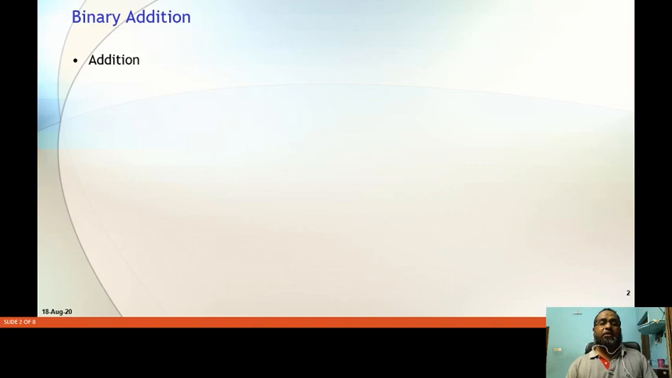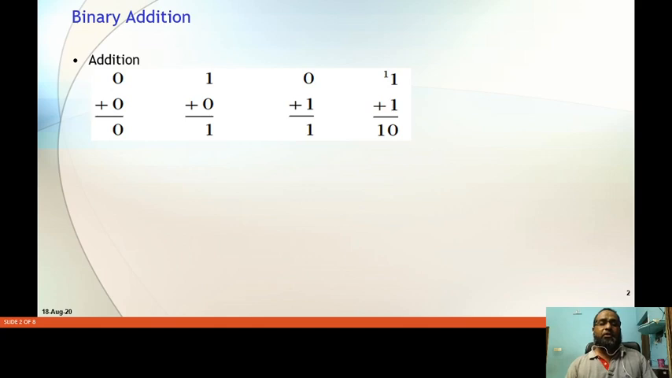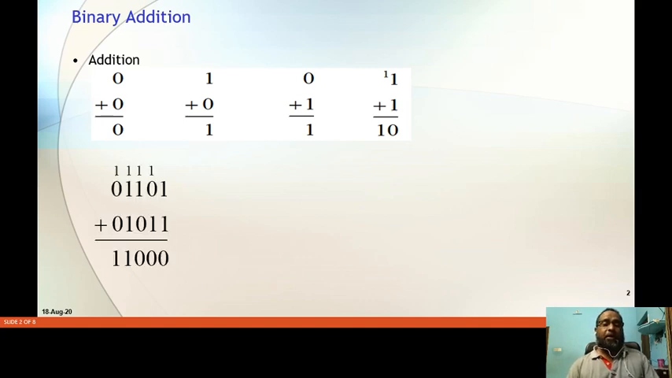Binary addition is very simple, we are adding 0 and 0 or 0 and 1. So, 0 plus 0, 0 plus 1, 1 plus 0 and 1 plus 1, we know the answers. But 1 plus 1 is 0 with a carry 1, that is, 1 plus 1 is 10. Here an example is given, we are adding the numbers, the carry will be added to the next bit and we can get the result